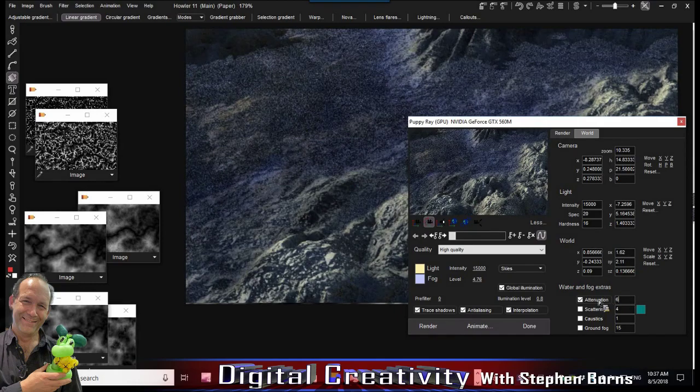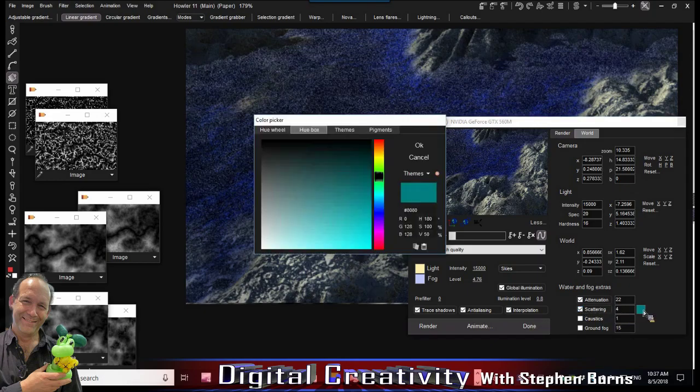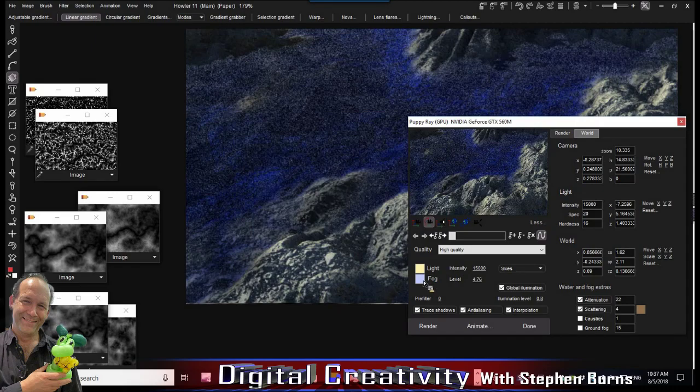So let's see if I go 22. Let's pick a number and see how it's getting pretty dark. The red and the green get absorbed first, the red first, then gradually the green. Now, another thing that happens with water is that you can't see through it all the time because the light, well, first of all, it's being attenuated, there's absorption, but also scattering. So with the scattering, you can change the color, that's one thing, more like a brownish color, and that would be appropriate